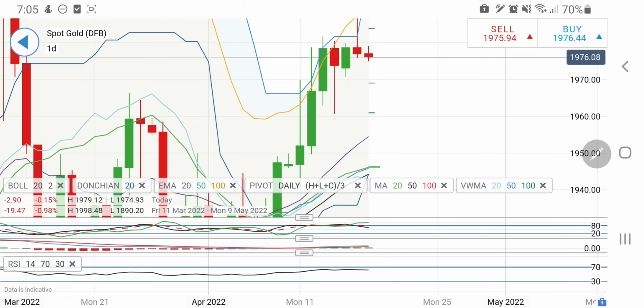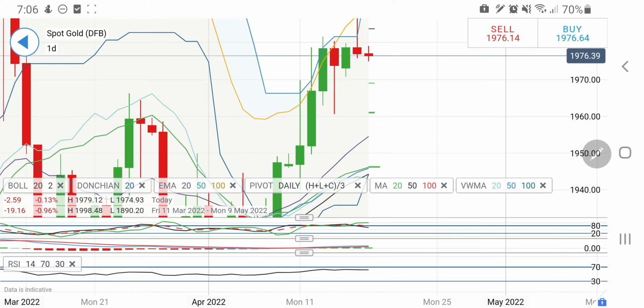So considering this, the only long entry I'll recommend is beyond 1981 levels. You can take a long entry above 1981, and then definitely it may show you a strong rise. At the same time, on the downside, one may initiate a short entry only below 1970. So don't short till it is above 1970 levels. Below 1970, one can expect 1967 may provide strong support, and then on the downside, if it breaks 1967, we may see 1960 coming into the picture, and then 1955 and 1950. Yes, in between 1970 and 1981 we have to be a little bit cautious while taking a position.